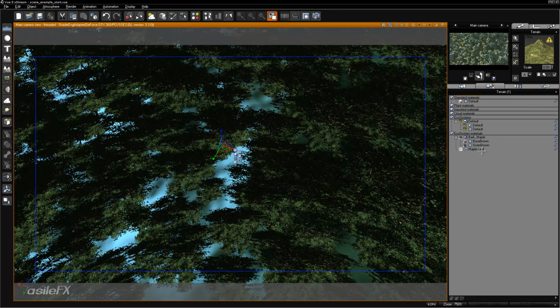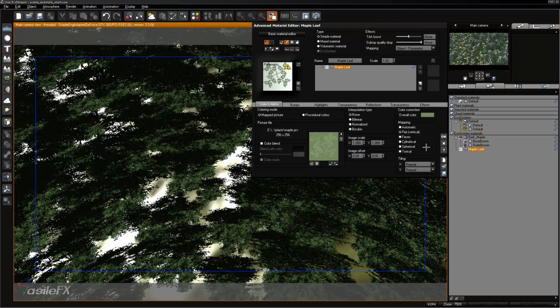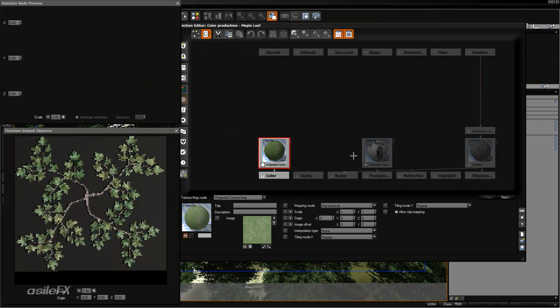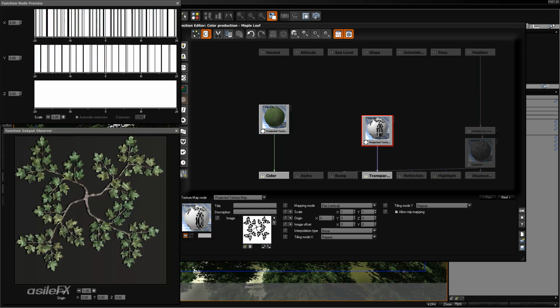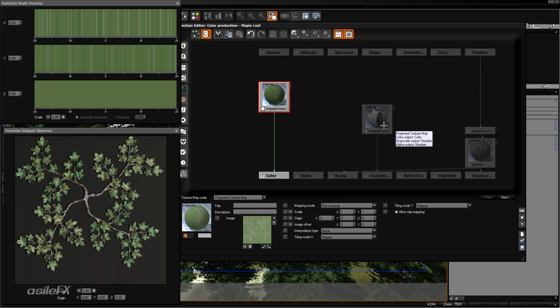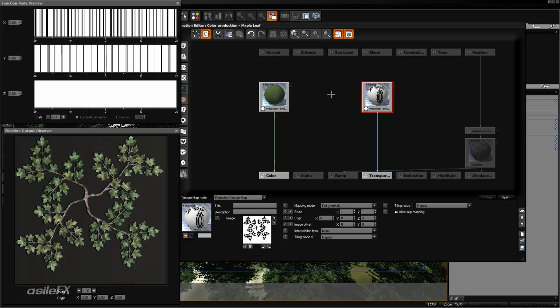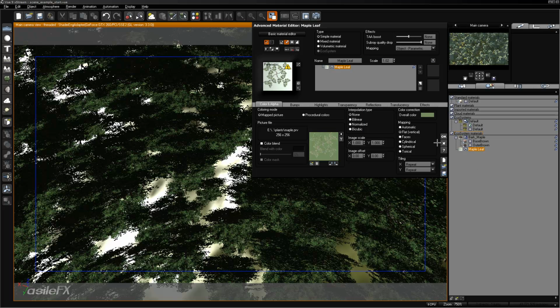If we take a look, the maple tree only has one material for all of the leaves, and we edit the function, we see our color map. So what we want to do is mix and pick different sets of color maps and transparency maps to move through the ecosystem and be replaced on different trees. So we need to have another material we can use,